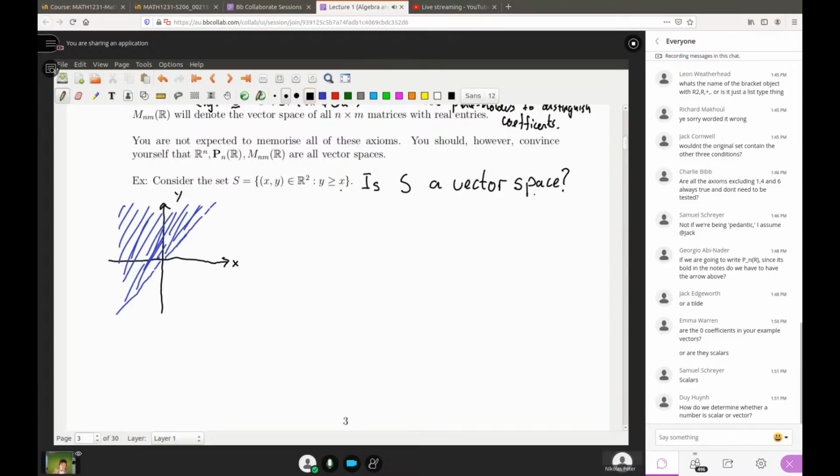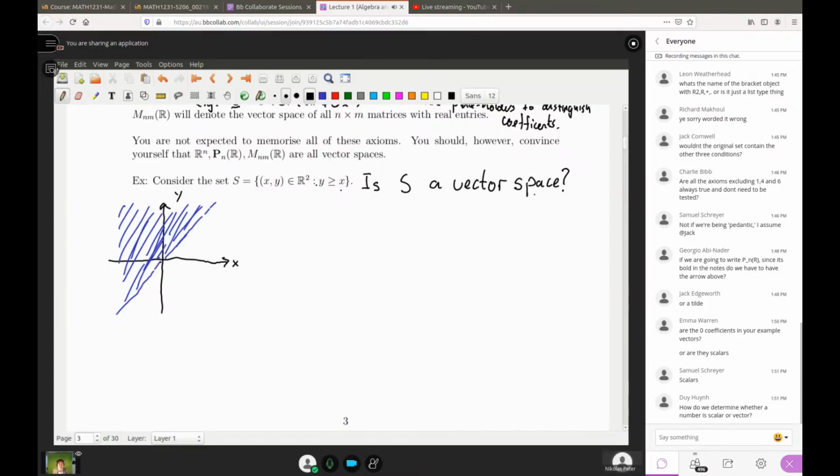So first we drew a picture. Whenever I see someone do a question and they start with a picture, my heart feels all warm and fuzzy inside. I know that this is going to end up just fine. Is it a vector space? Well, let's have a look at some of the axioms. Does it contain 0? That's the first thing I'd always check, because vector spaces are supposed to contain 0, and it's really easy to check.